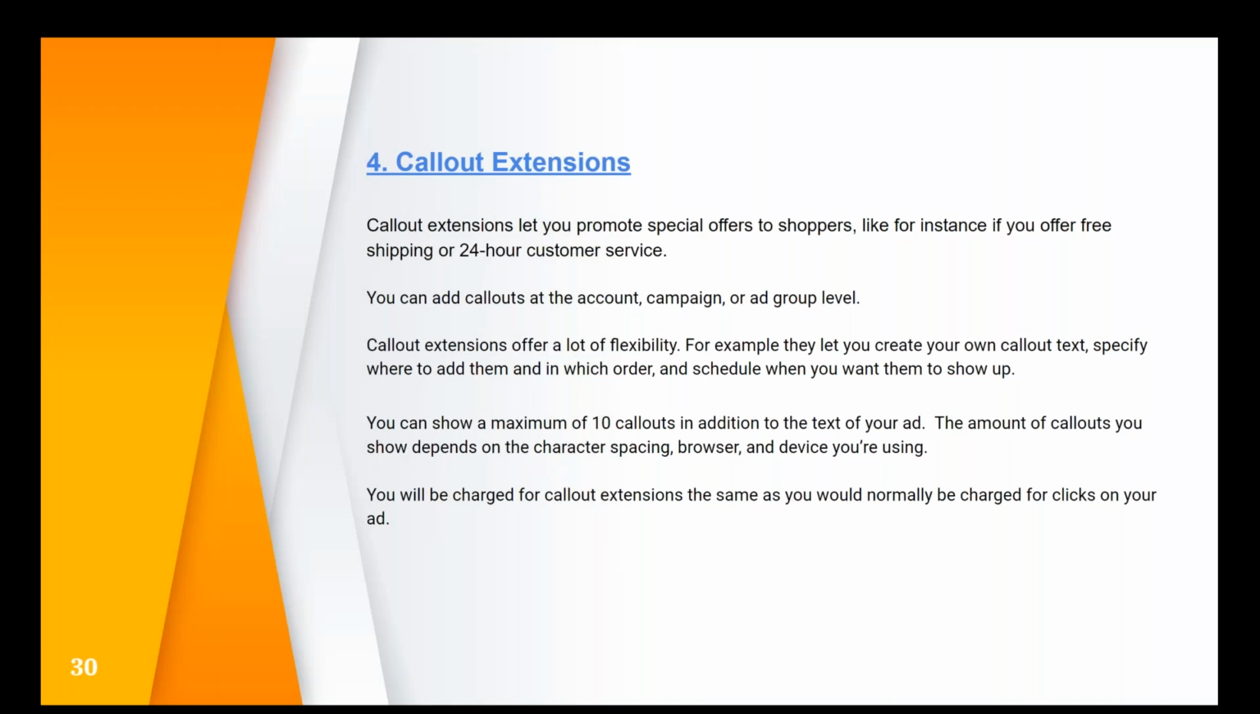Okay. Then you have the callout extension. So it's down, mix it up with call only. Okay. Callout means I can put some keywords to the ad. Okay. I can tell something more about what stands out about my service. Callout extension lets you promote special offers to shoppers, like for instance, if you offer free shipping or 24-hour customer service. So you can show some special words, promotion, coupons, or whatever to have your ads stand out